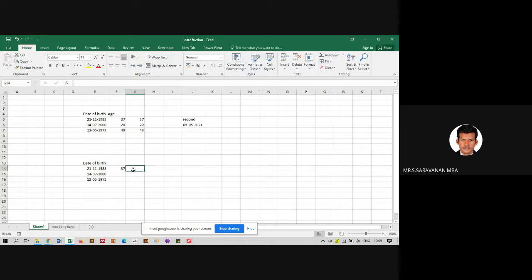The same formula, equal to DATEDIF, open the bracket, click. Okay, instead of today, you will take the second, but you have to make this constant. So F4 for me, for others it is F4, to make it constant.